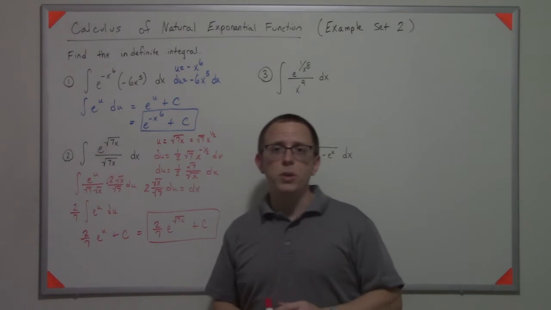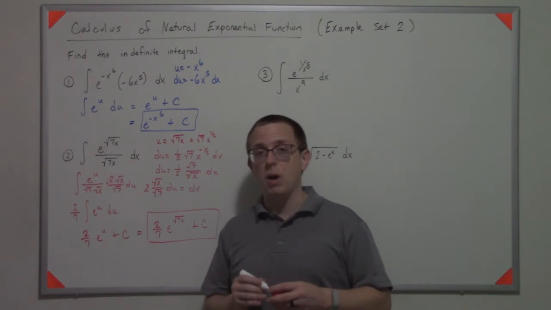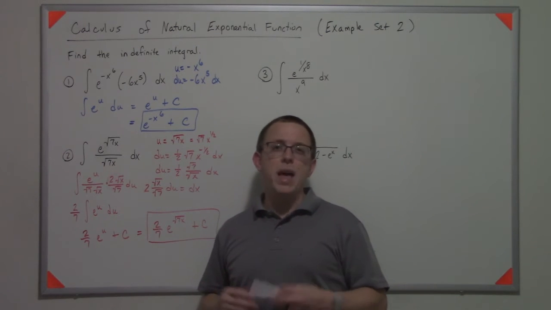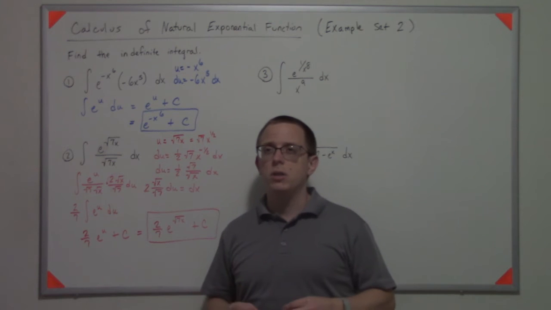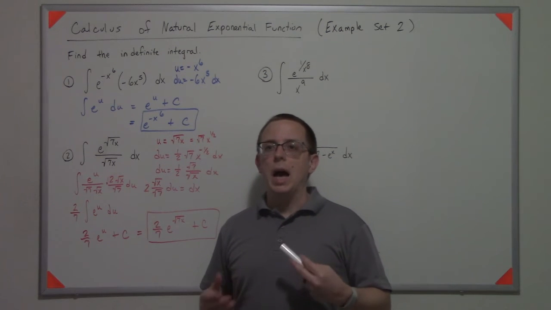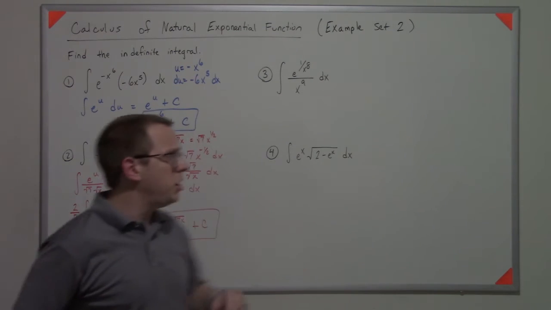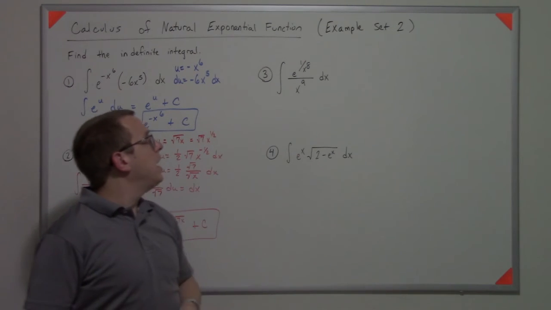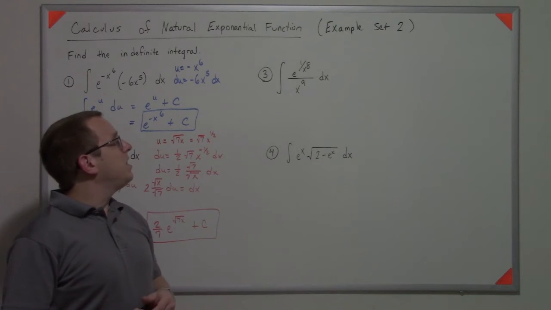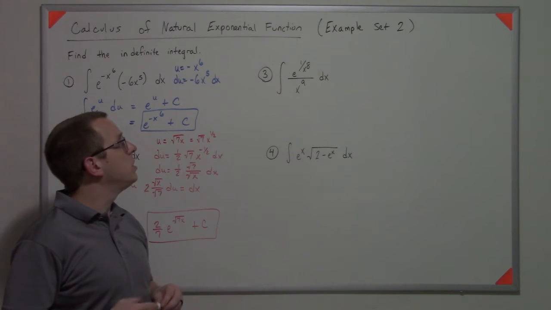There's also a way to do this as a double substitution that actually might make things cleaner, but we haven't covered double substitutions yet, at least not really, so I don't want to overly complicate things. Now let's continue on. We have e to the 1 over x to the 8th, divided by x